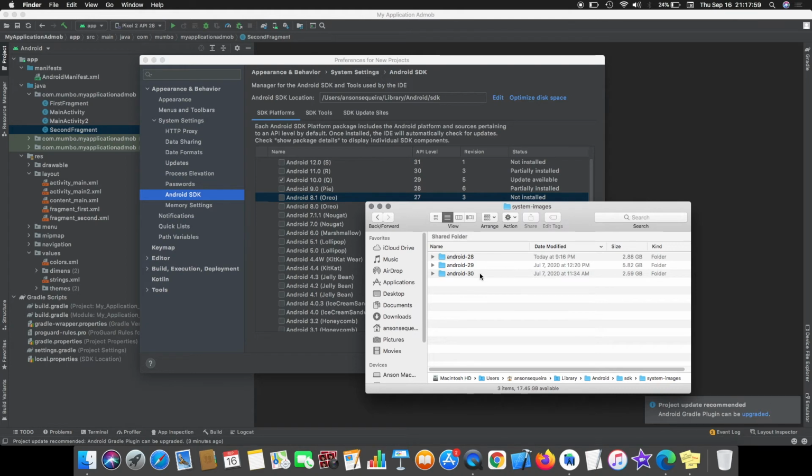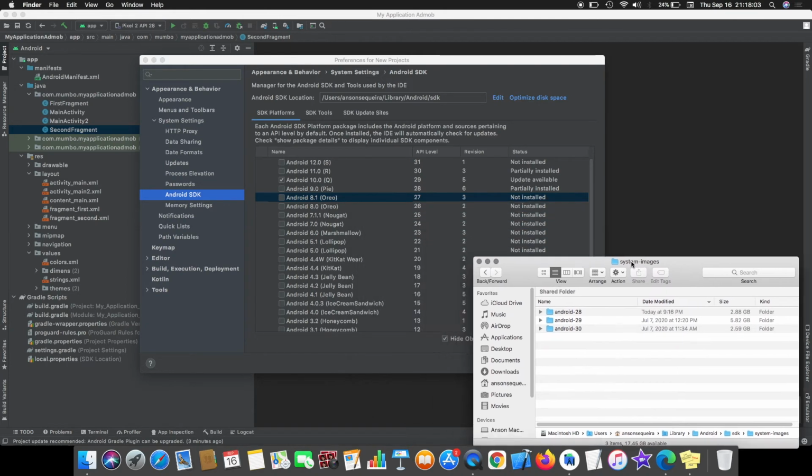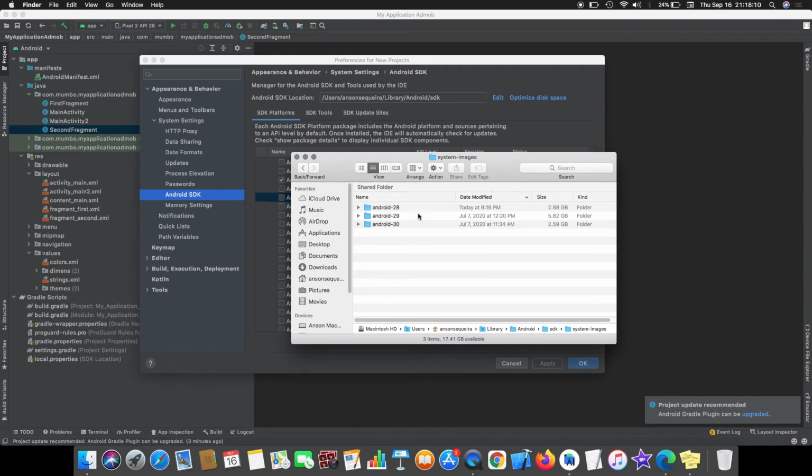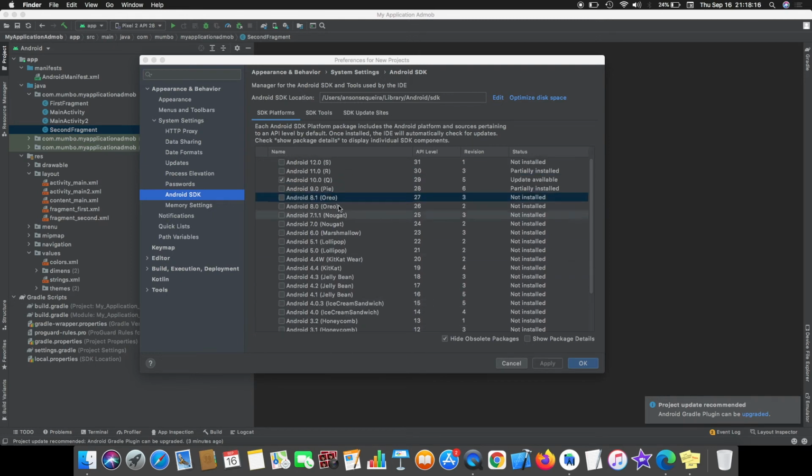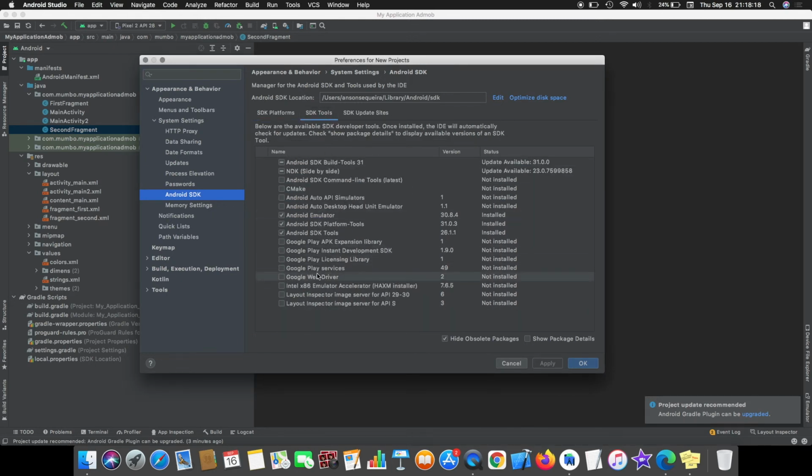So you can check what packages you don't want, and you can go to SDK Manager and delete those packages accordingly. And you can clean up your SDK platform.